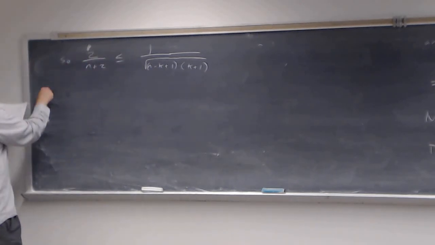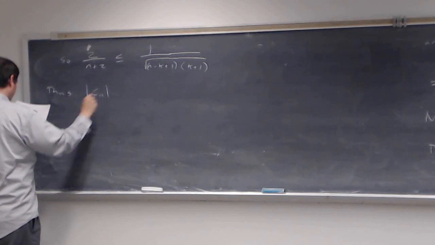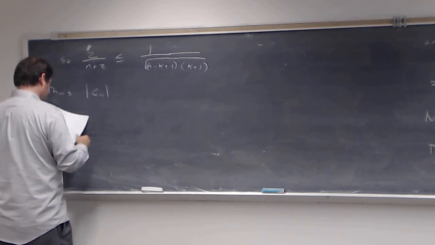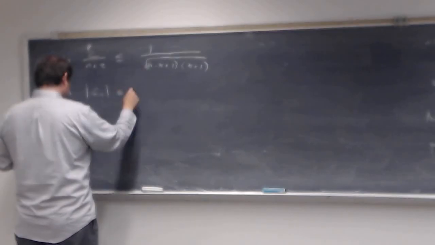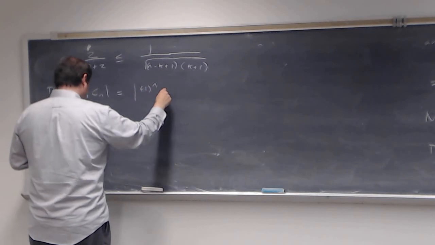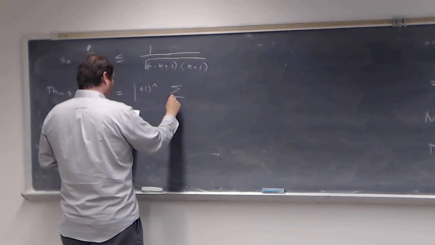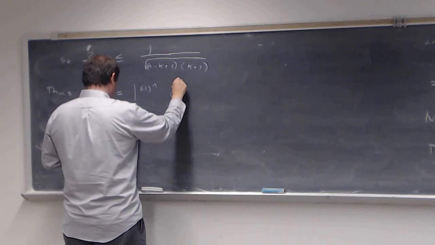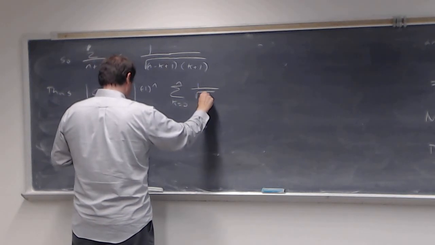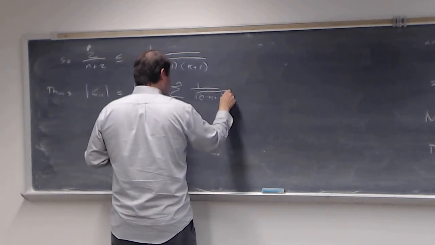And thus, what we have is that the norm of the c sub n's, which is the sum of the absolute values of minus 1 to the n, as k runs from 0 to n of 1 over the square root of n minus k plus 1 times k plus 1